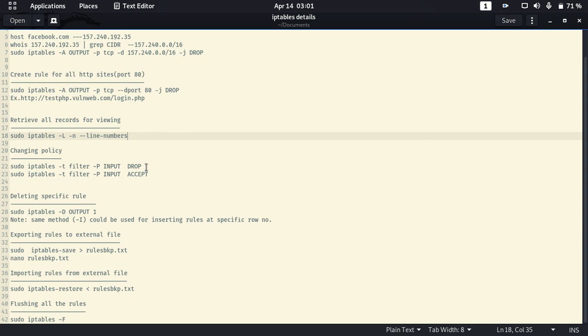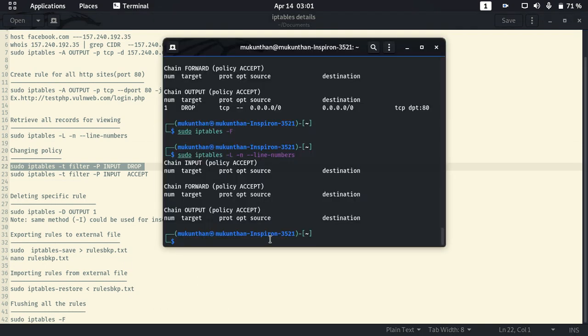For example, I want to make all the packets be dropped. Here you can see sudo iptables -t filter. Here I am very specific because I am changing the policy, so just mentioning the table name. If you want to make changes for other tables also, you can mention -t nat or raw.